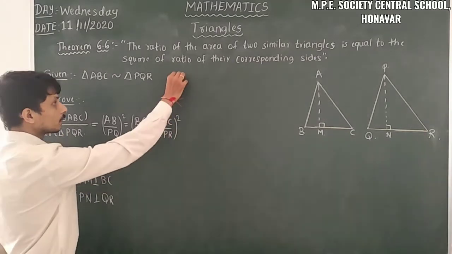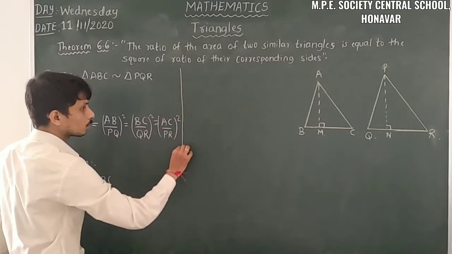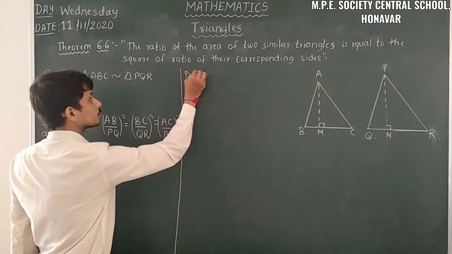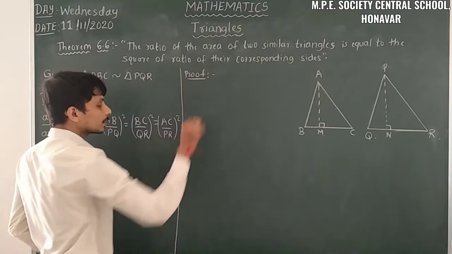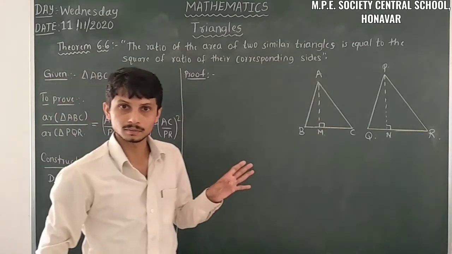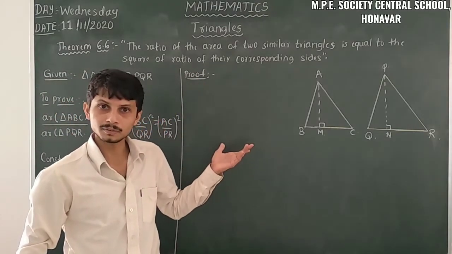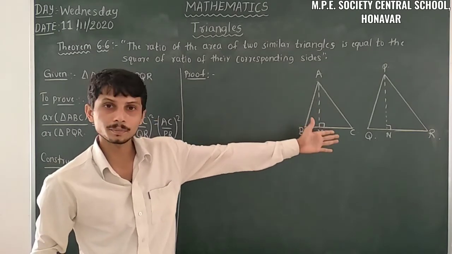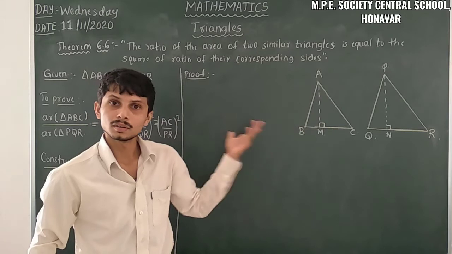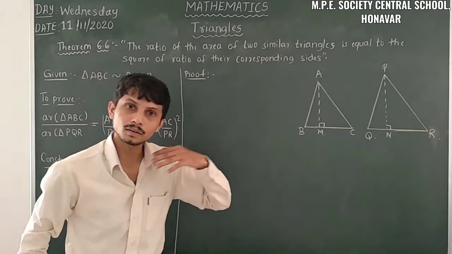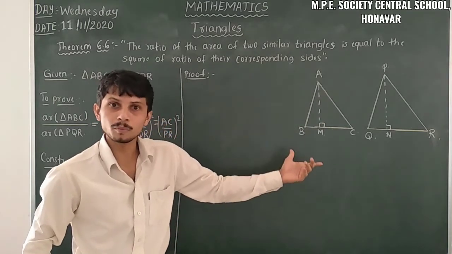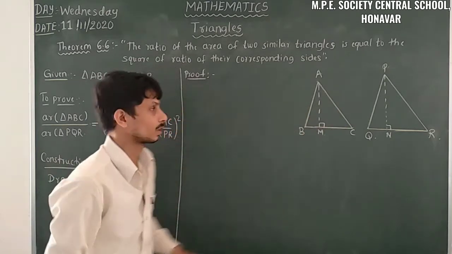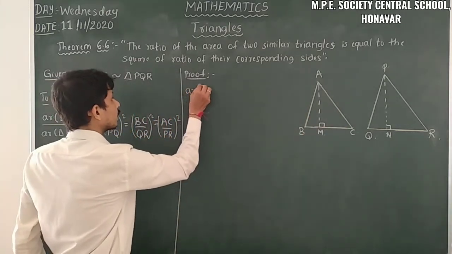So then we have to prove. So that is the proof. We want the area of a triangle here. So let us take the area of the triangle first. Area of triangle ABC and area of triangle PQR. Insert the formula for finding the area of a triangle in triangle ABC and triangle PQR. That is, area of triangle ABC.